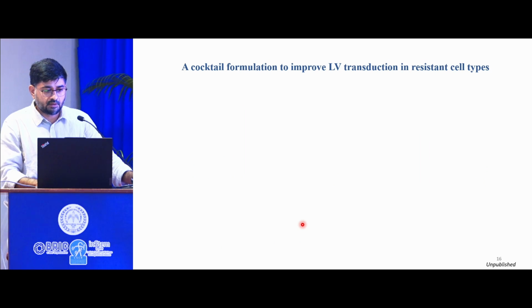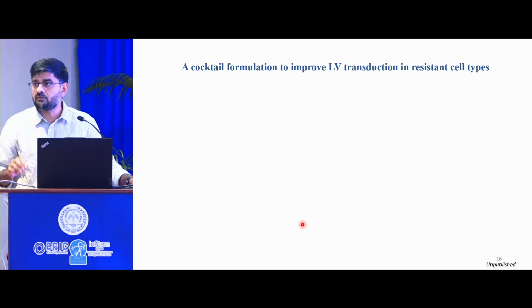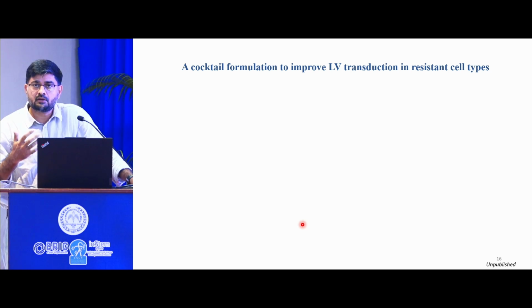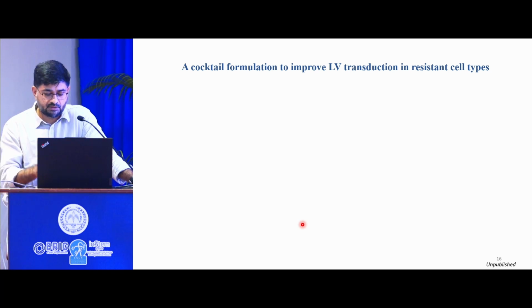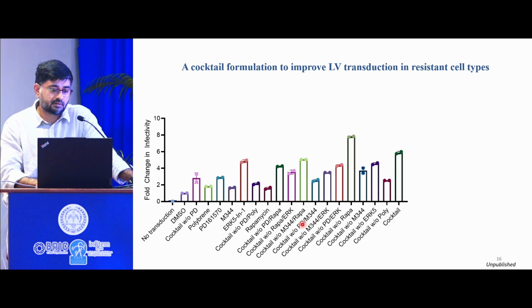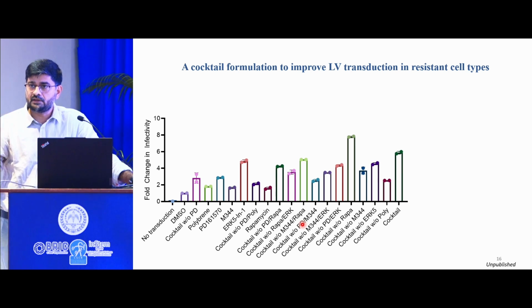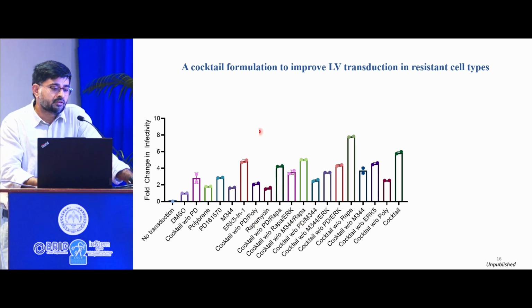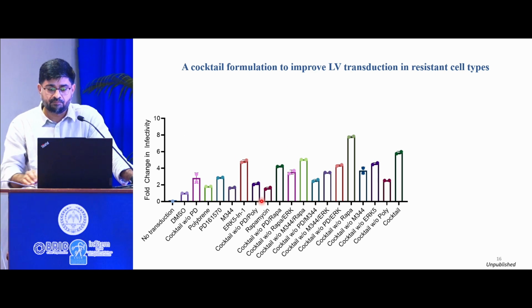Since we are a curiosity-driven lab, and since we had a cell line where this compound was not working, and we need a lot of cells to be transduced to understand various aspects of viral replication, we wanted something as a formulation that works in a universal manner, or at least works in the cell types that we are interested in. So we went back to our screen and identified the events without having those filtering criteria like envelope and all. So we identified some of the compounds other than PD-16 that were also enhancing the infectivity.